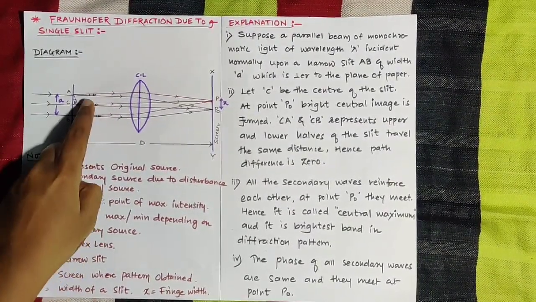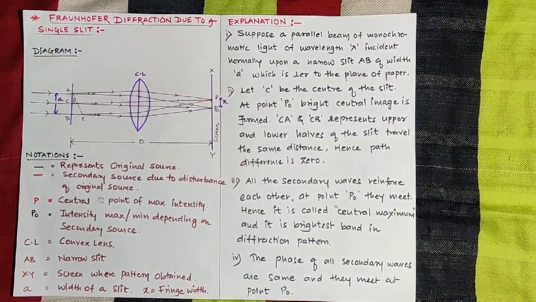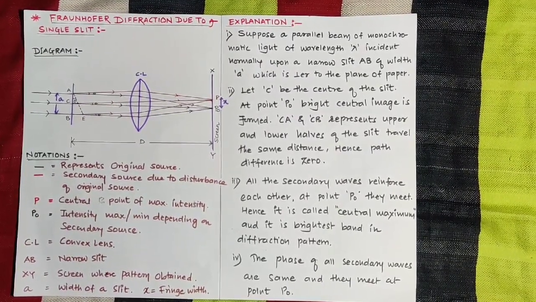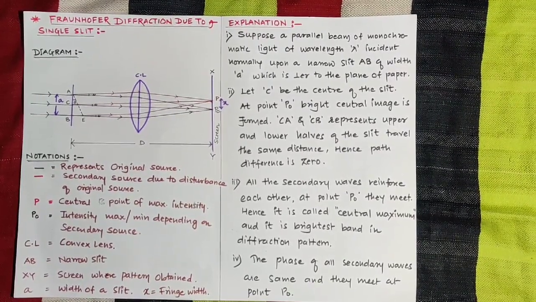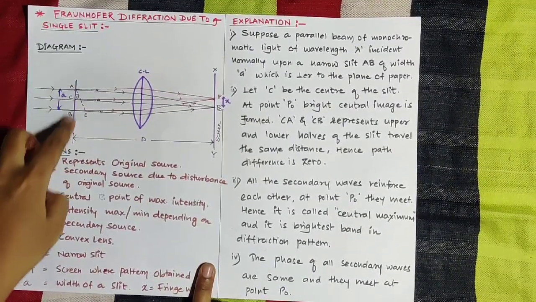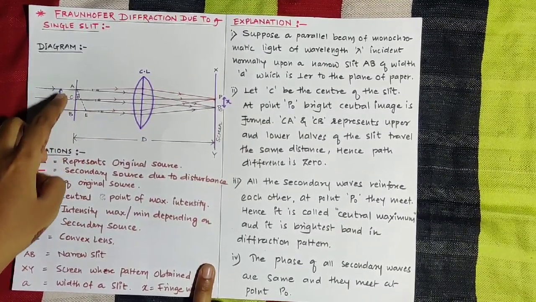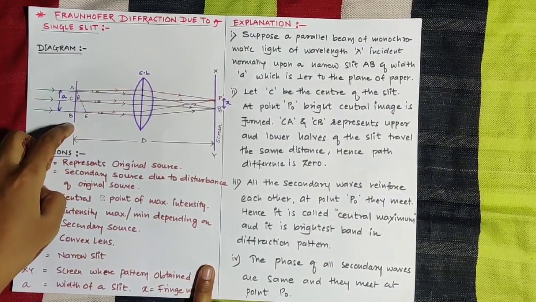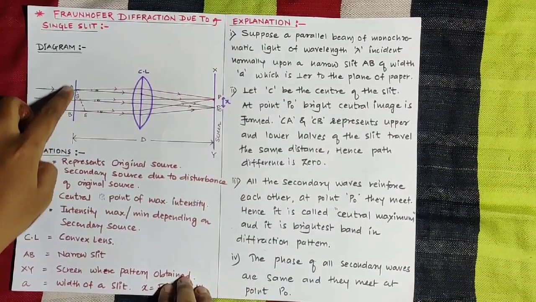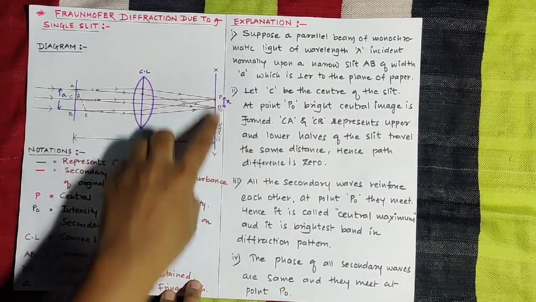That's why here we represent the angle theta, which is considered to be the angle of inclination between the two sources passing through this narrow slit A and B. So consider the diagram. Here this parallel beam of light we represent as the original source. This AB is called the narrow slit, where C is called the central point of this narrow slit AB. That's why this narrow slit AB is divided into two halves, CA and CB. And the width of this narrow slit AB we represent by small a. That XY is called the screen.